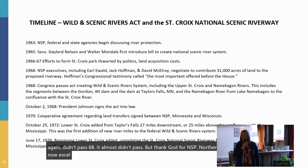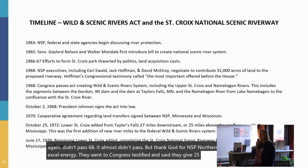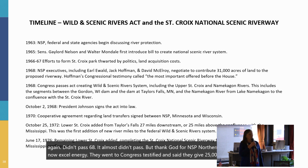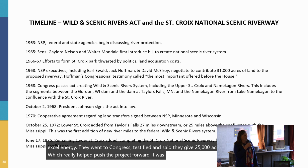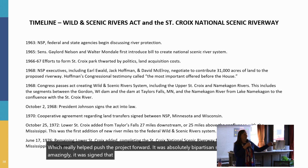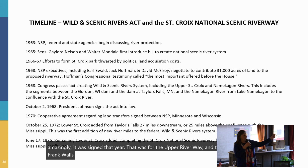They went to Congress, testified, and said they'd give 25,000 acres of land, which really helped push the project forward. It was absolutely bipartisan support, and amazingly, it was signed that year. That was for the Upper Riverway, and that's basically St. Croix Falls North. The next section to be designated, well, I should talk about the cooperative agreement first, was in